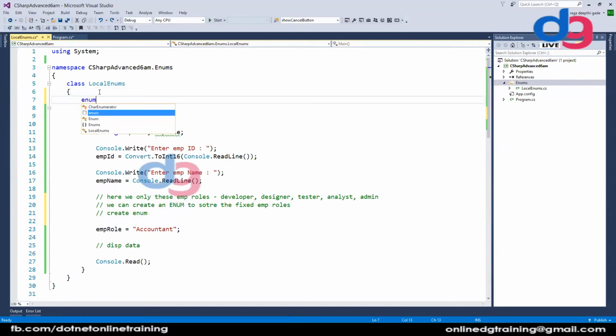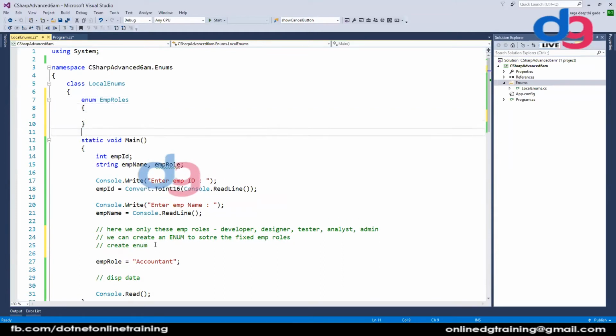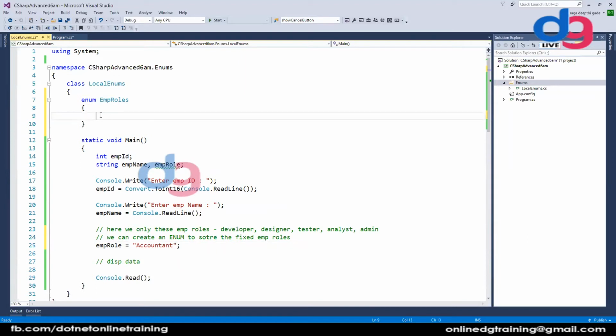I'm going to create it within the class. So here, now keep on adding the values that you have: developer, designer, tester, analyst. And one more, that is admin that we have.